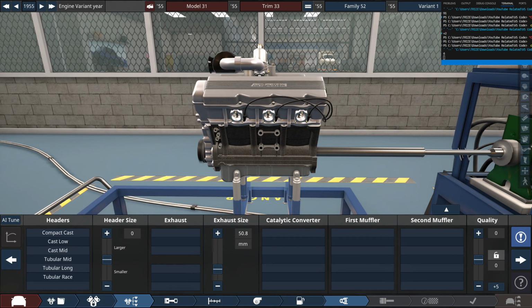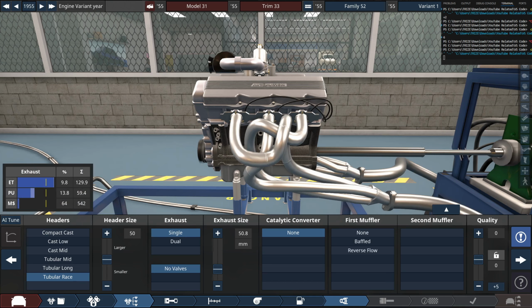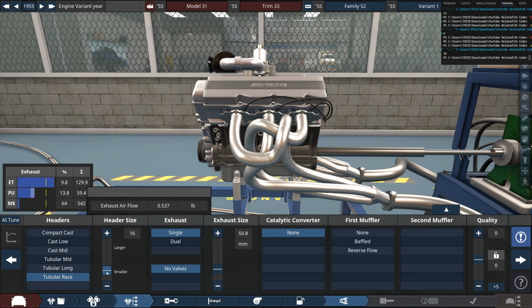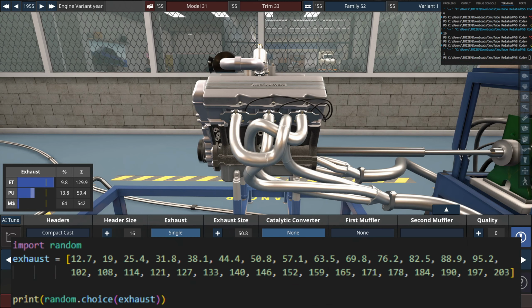I'll be choosing number 6, a racing tubular racing header. Header size will be a 16. All that hype for tiny header sizes. And single or dual, so 1 or 2. 1 is single, 2 is dual. So, single. So for the exhaust code here, for the exhaust size generator, I do have a set list